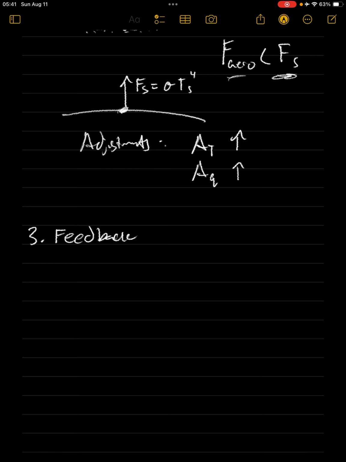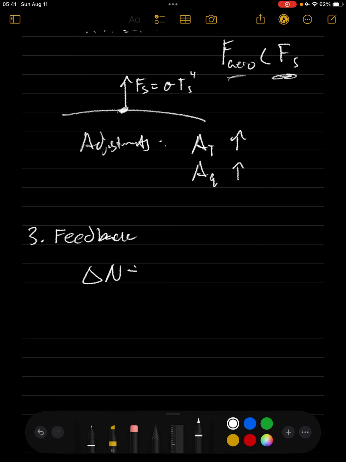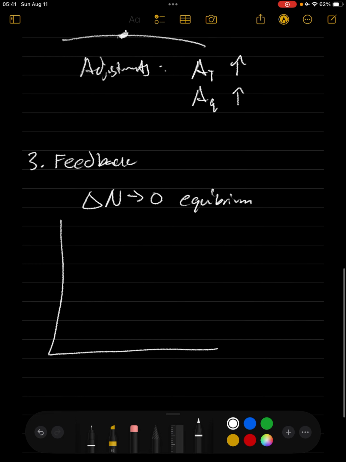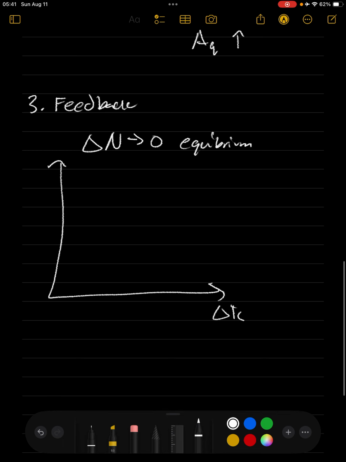So, for example, if the change of N goes to 0, or equilibrium, then if we were to have a scale, we could say that this right here is the change of surface temperature, and this is the change of N. We have some type of forcing, which is right here. The intercept,